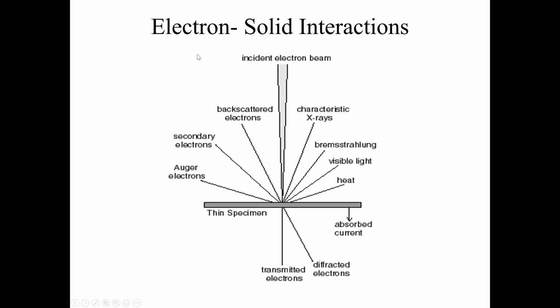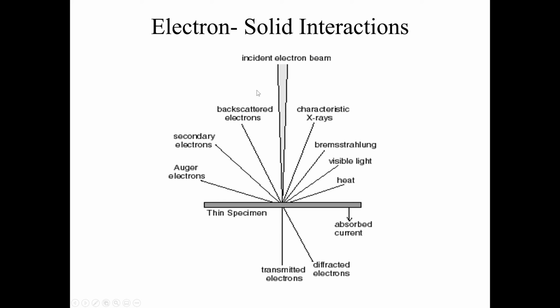Okay, what happens when an electron beam strikes a sample? There are about 10 different processes that happen at the same time. Each one of these is a PhD. Some of these measured properties have gone on to get people the Nobel Prize, like Einstein got the Nobel Prize for the photoelectric effect. What happens is,